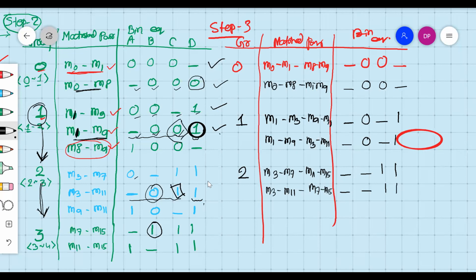Then M3, M7, this is covered. M3, M11. Okay, this is also covered, right? And this M9, M11 is there. Okay, M7, M15 is there. Okay, M11, M15 also there. Okay, M89 is also there. Okay, so all are covered, isn't it? So all values are covered. So take a tick mark, right? Now